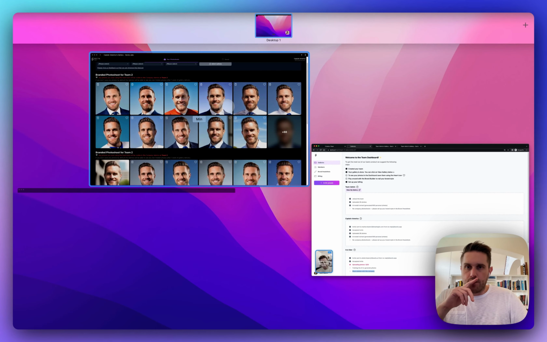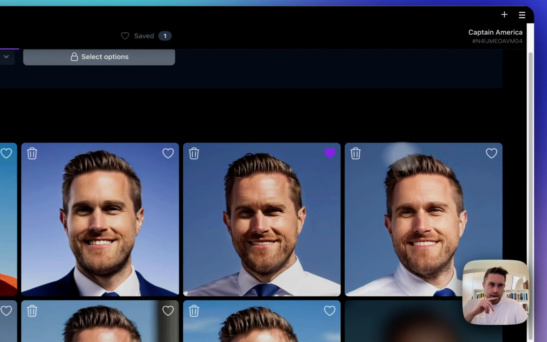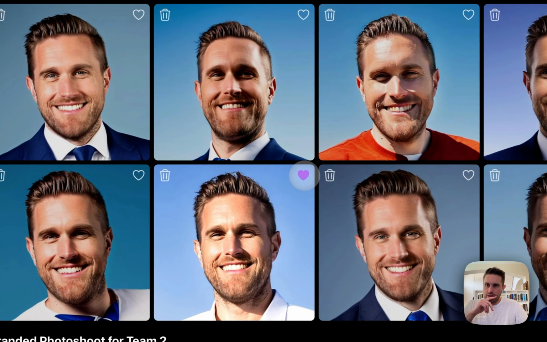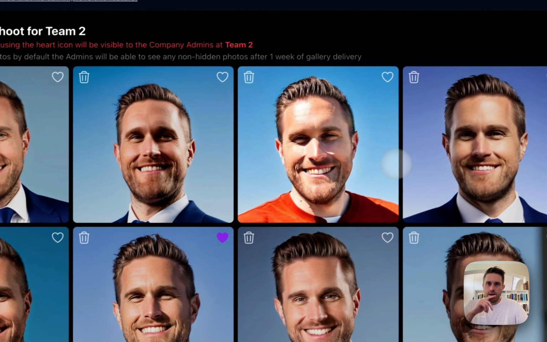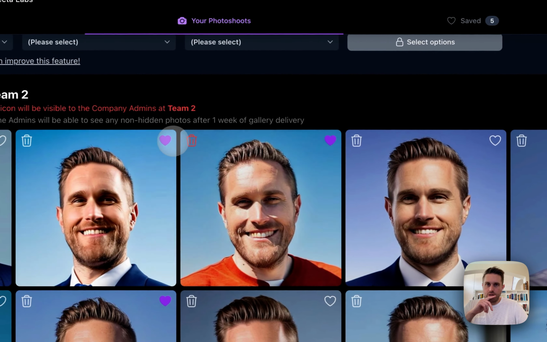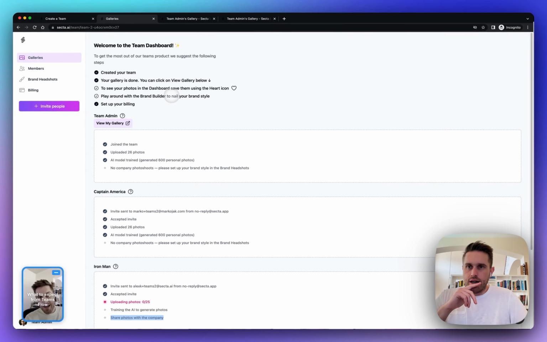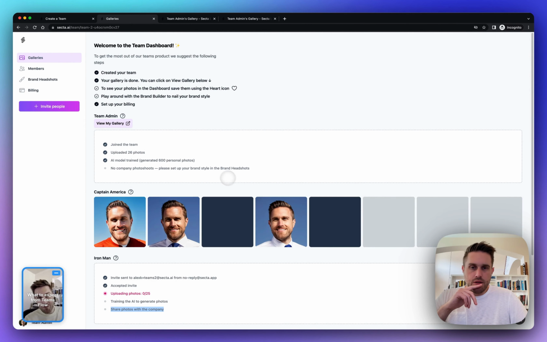This is an example of the user gallery, in this case, Captain America. You'll see this is definitely the on-brand style that I trained previously, very much this blue style here. You'll see this blue is more matched to what we have, and there's some extra variation, like this dark blue isn't the one that we want, but these ones are the extremely similar ones that we want to see. As soon as the user saves these, they will become available here